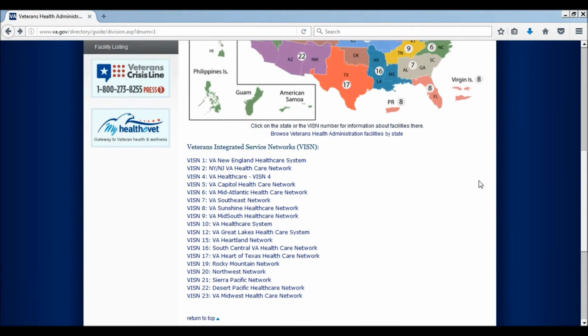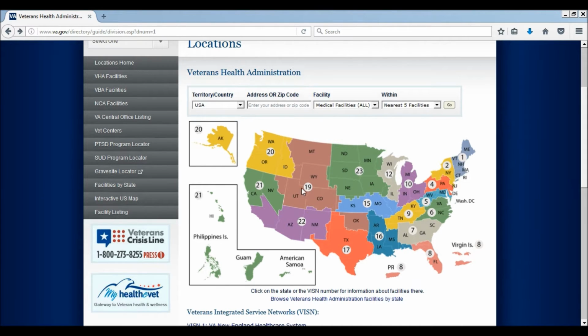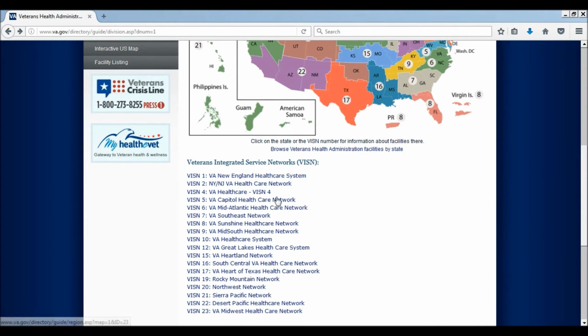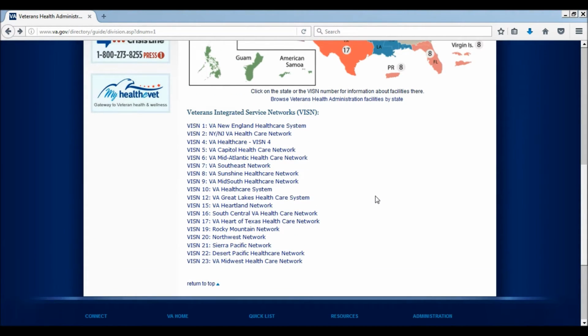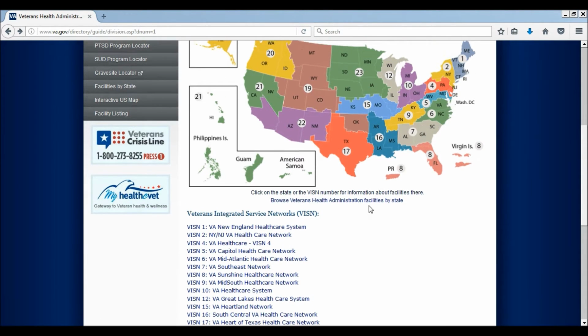To repeat, you use this map to find out which number corresponds to the VA facility you're trying to get records from. You take the number, that gives you the service network from this list, and then from the service network's website, you can use the cities in that area to figure out which healthcare system covers the facility you're interested in. On that healthcare system's website, there's a section describing how to get medical records, including mailing address, fax numbers, etc. So, assuming that was not too confusing, I'm going to go through an example.